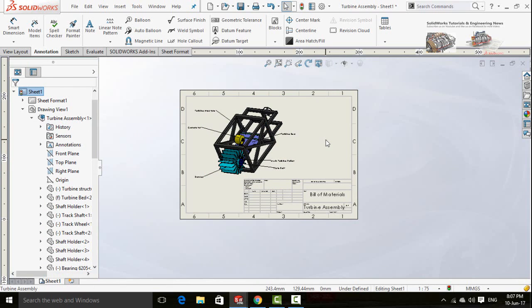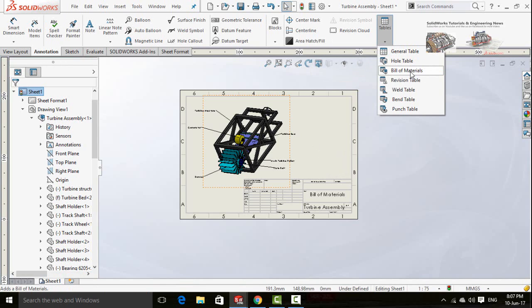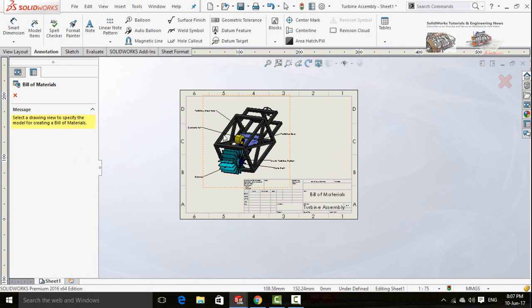Now I am going to show you how to add bill of materials table. For that, click on this arrow below the tables button and select bill of material. Now select the model.